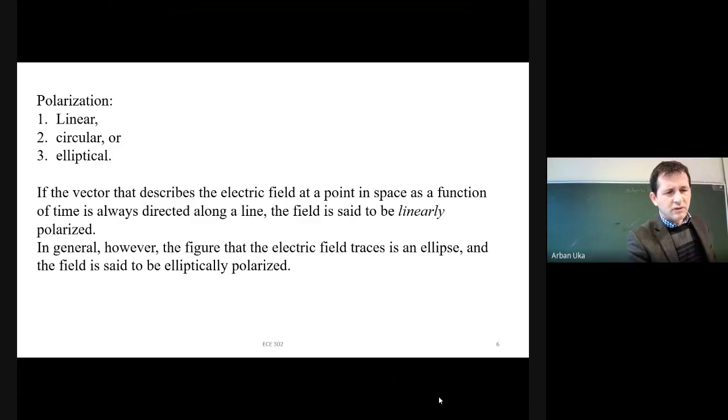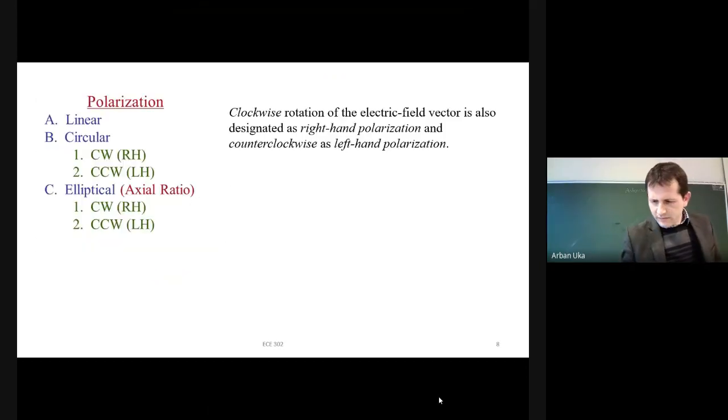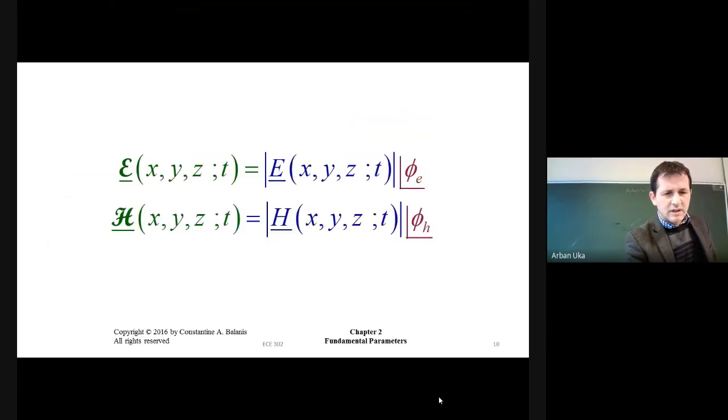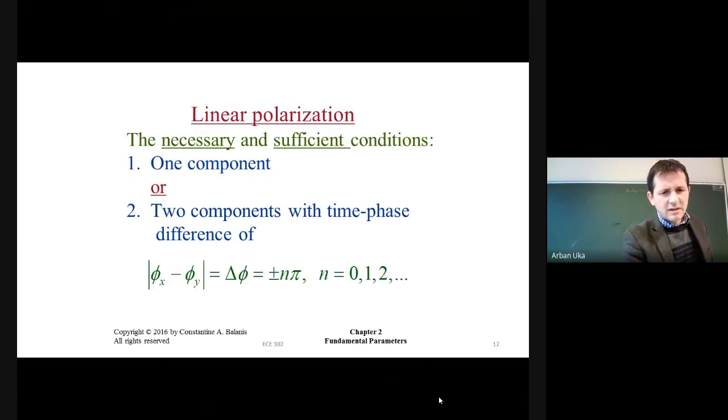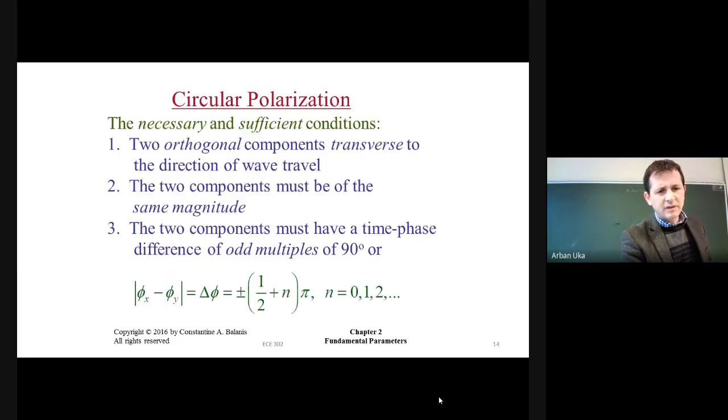Polarization can be linear, circular, or elliptical. Rotation of a wave. These are the ways we can represent the electric field and the magnetic field. The polarization, we covered the last time. With respect to the polarization, we just write the E and the H, the electric and the magnetic field. We set z equal to 0, which makes things much easier to visualize. Then we can vary the time, omega t, assuming the time is increasing, and as it increases, we can observe how the tip of the electric field is going to move.